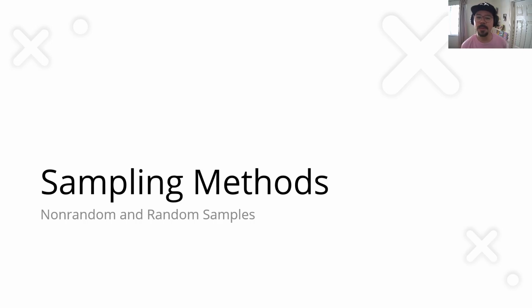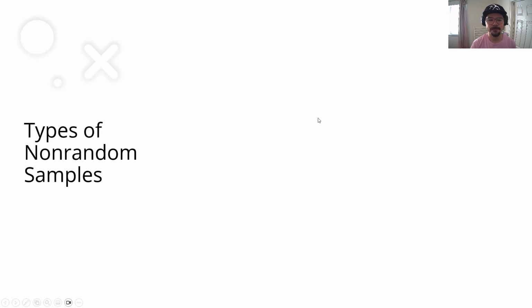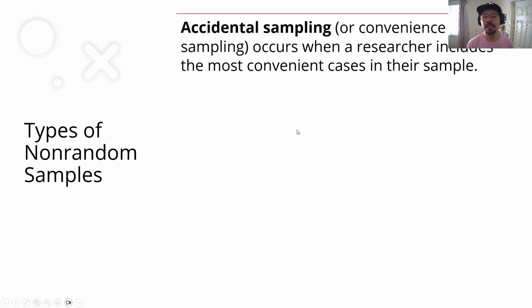All right, so sampling methods. I'm going to introduce you to both non-random and random sampling methods. All right, so we're going to begin with non-random sampling methods, one of which is accidental